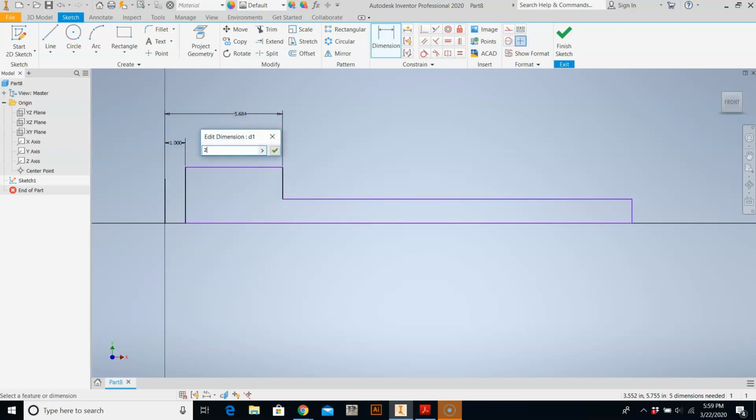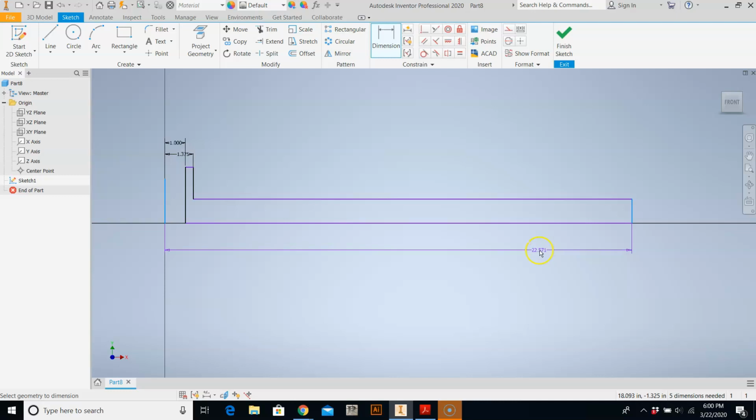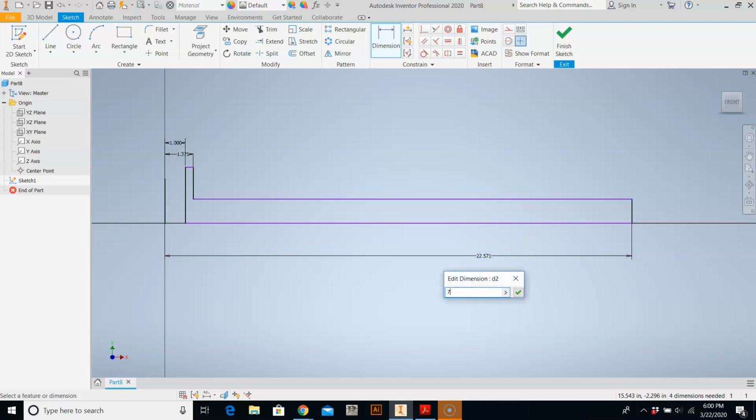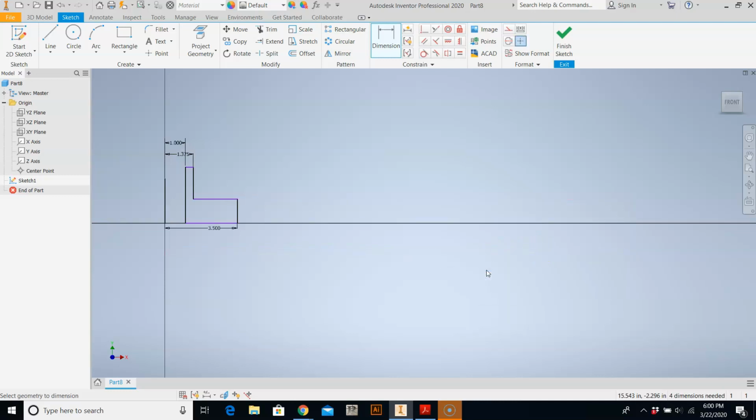So I would just type in 2.75 divided by 2, and that sets that diameter. Alright, and then I'm going to use the outside dimension here, and that is 7, so 7 divided by 2 is going to set that